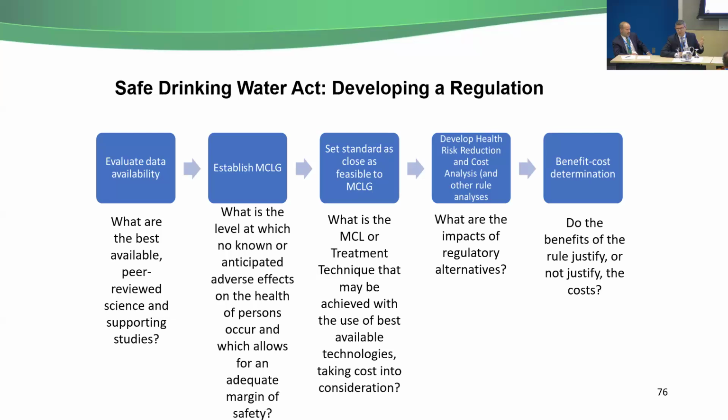So we have to quantify those benefits, and then another tough decision the administrator has to make is whether the benefits do or do not justify the costs at the closest feasible level to the maximum contaminant level goal, and if not, then is there another level at which health risk reduction benefits are maximized at a cost justified by the benefits. So it's a very elaborate and difficult process,